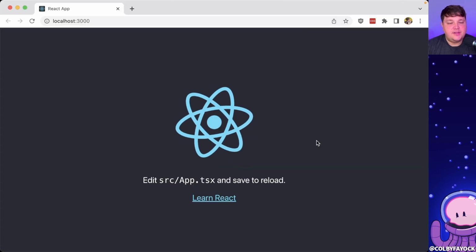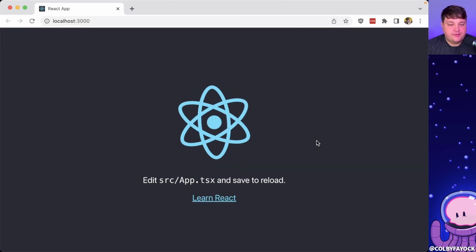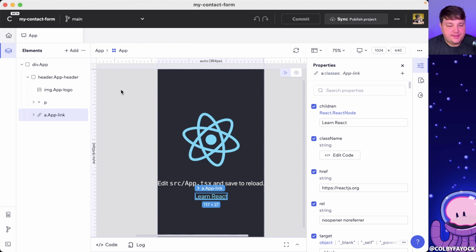Where as soon as that loads in the browser, we'll see our new Create React app. And just to prove that this works, anytime we make a change, if we keep our dev server open, it's going to reflect that change right away. Now, to get started, we're going to clear out this application anyways so that we can begin creating our own